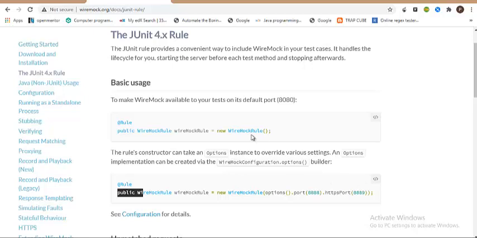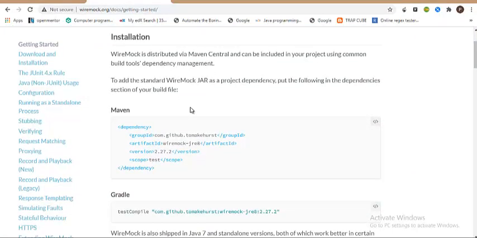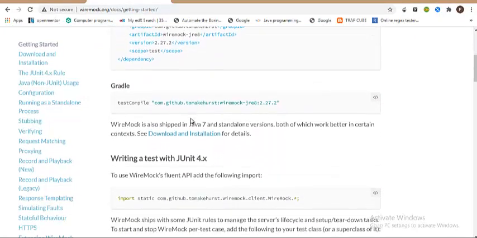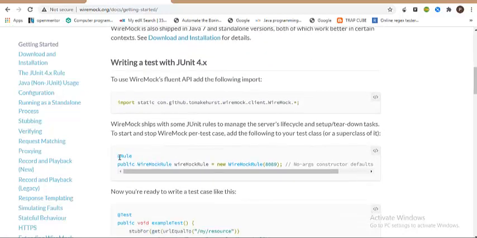So right now what you're seeing on the screen is the documentation part. We already know that in order to work with WireMock, what dependency to add and which class to import statically so that all the methods are listed. And if you see, there is an annotation called @Rule. This comes from JUnit, and from there you have a class called WireMockRule. If you create an object for this class and specify the port number, WireMock would be instantiated automatically before you actually do some operation, maybe creating the stub, and then you test it.